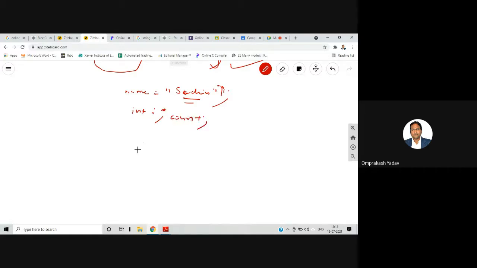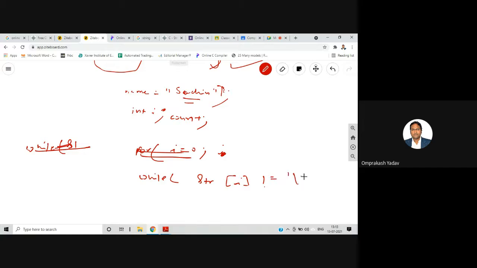Now I'll write for i equal to 0. I can also apply this with a while loop: while str of i is not equal to the null character.